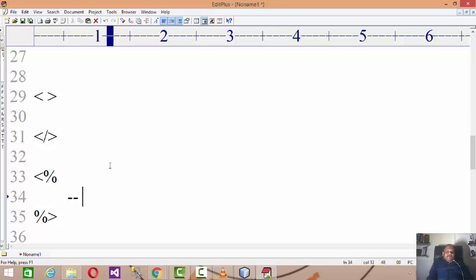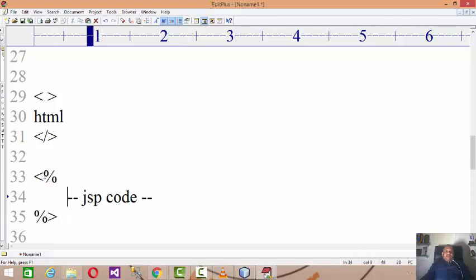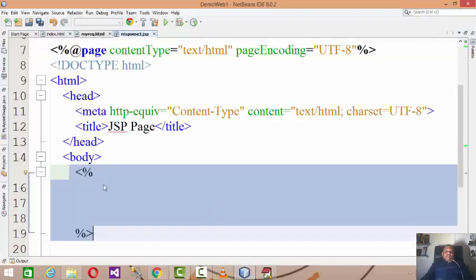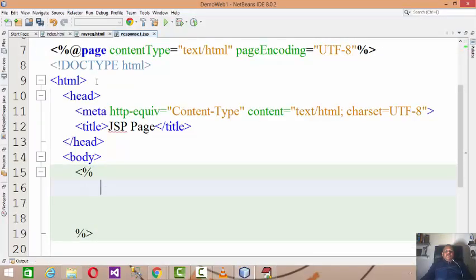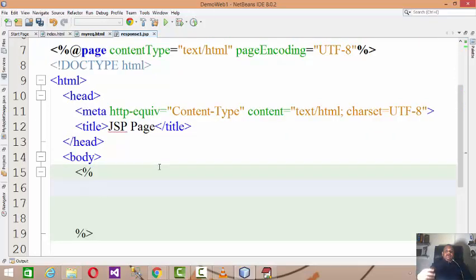And here you have to write JSP code, or rather JSP tags, and this is your HTML tags. HTML provides you the predefined tags to create the web pages, but to process the data on the server side, we have to add the Java code on the server, and this is the JSP tag or JSP code you have added. So while developing the server side response page, the first thing, whatever data you posted from the request page, you have to accept the data. You have to get the data from the user.